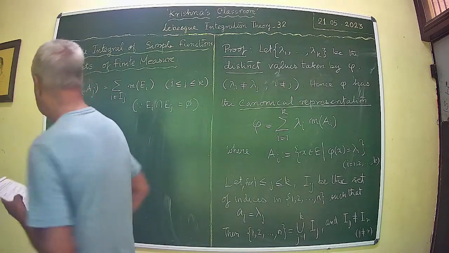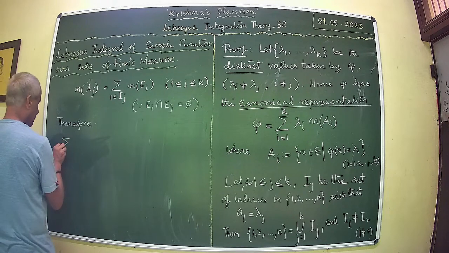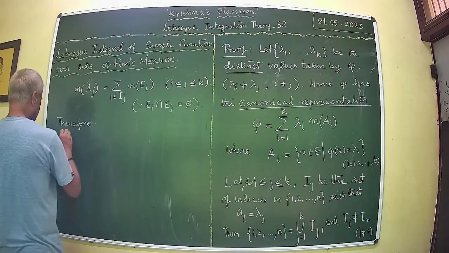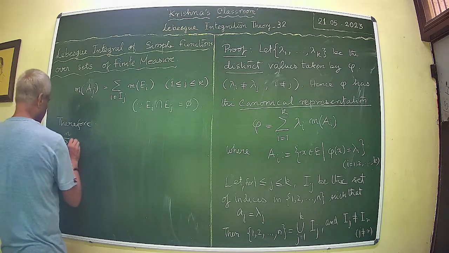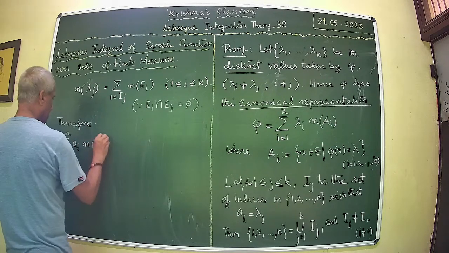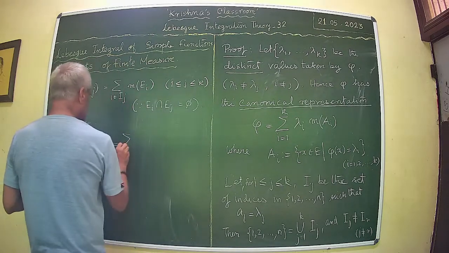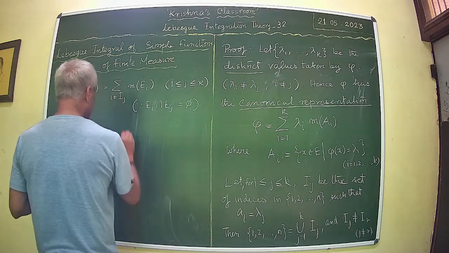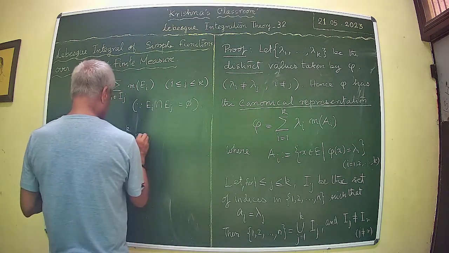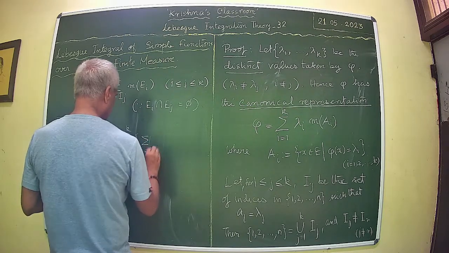Therefore, we have sigma i equal to 1 to n, and for each j you have sigma over i belonging to I_j,